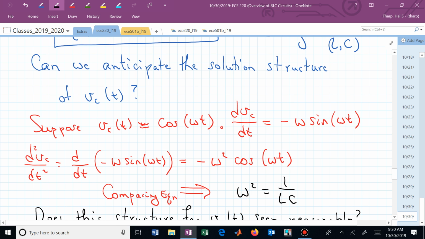And the positive square root of that, we give its own name. We say that's the resonant frequency. This tank circuit has a resonant frequency given by 1 over the square root of LC. So omega naught